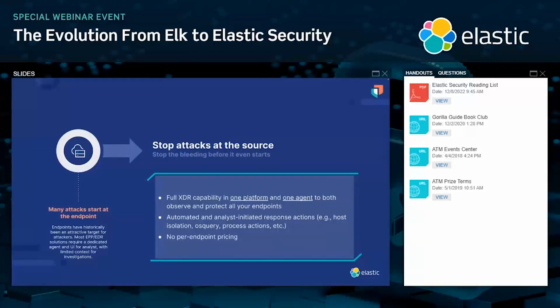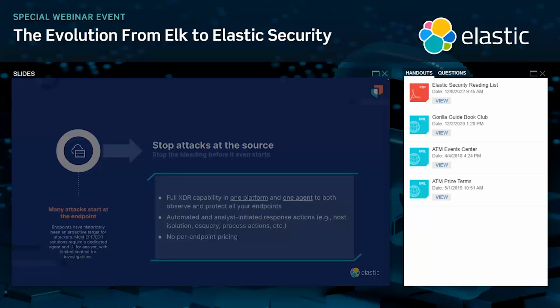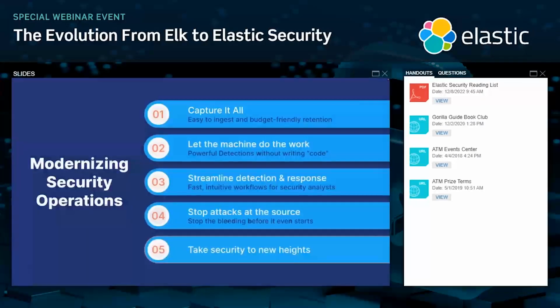And last but not least, let's talk a little bit more about taking security to new heights. We're talking about cloud here, right? As cloud and really SaaS have become the de facto standard of consuming online services, organizations need to retain that same level of visibility and protections that they now have on their endpoints for every other data source. And when you start talking about cloud and SaaS applications, we're talking about containers, which is a new massive section of your attack surface that you need to have that visibility and protective posture in.